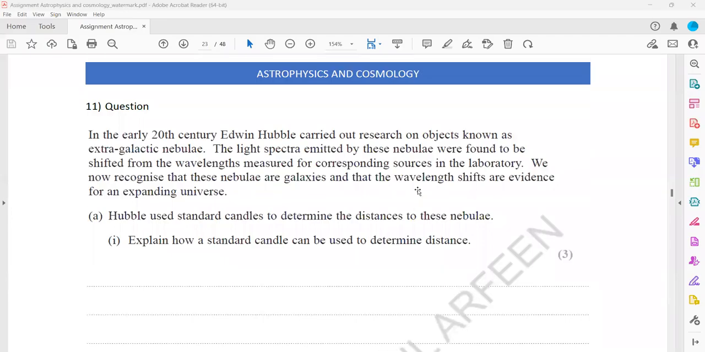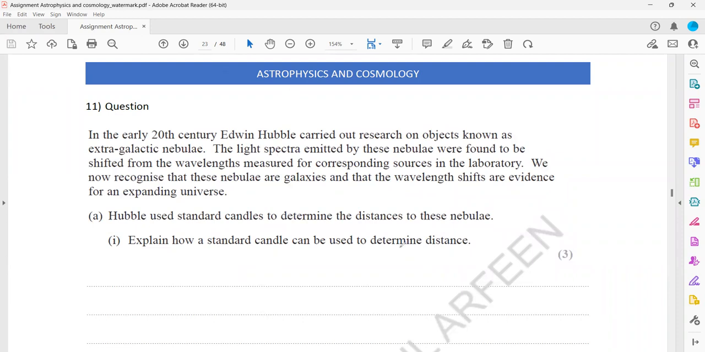This assignment is related to astrophysics and cosmology questions. Question 11: in the early 20th century, Edwin Hubble carried out research on objects known as the extragalactic nebulae, and